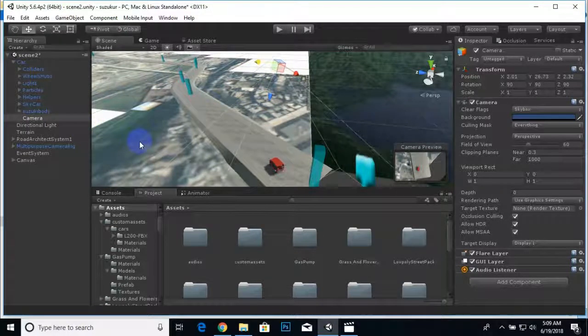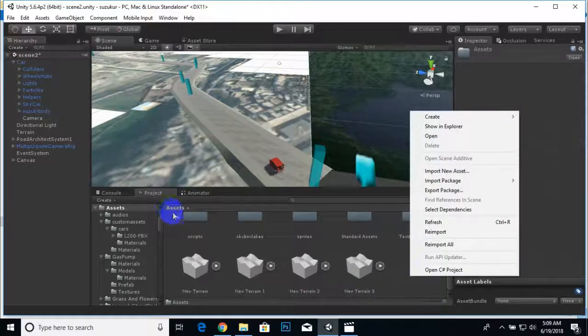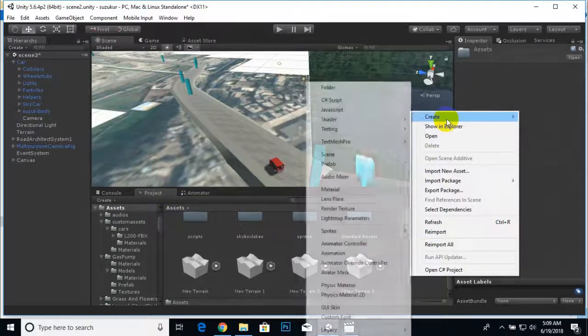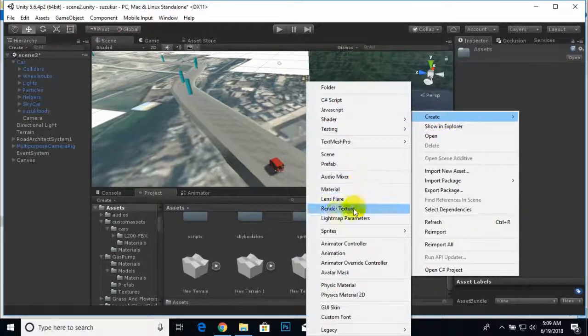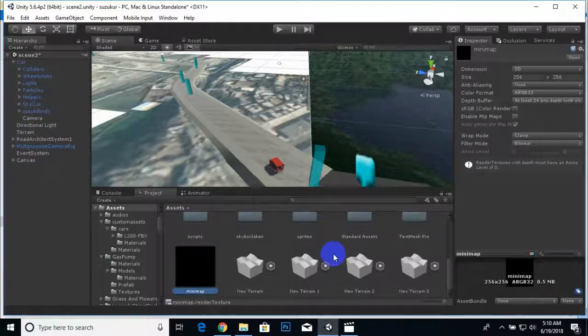So we have to create one texture here. We will right click in our assets section, create, and then we will add a render texture. Okay, and we can name this texture minimap, and this texture is ready.